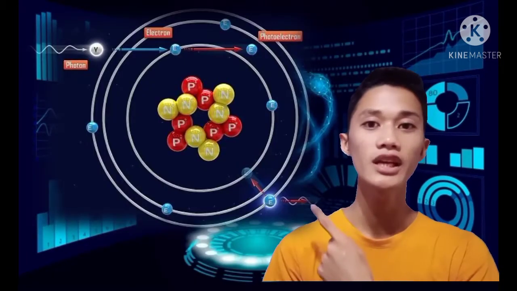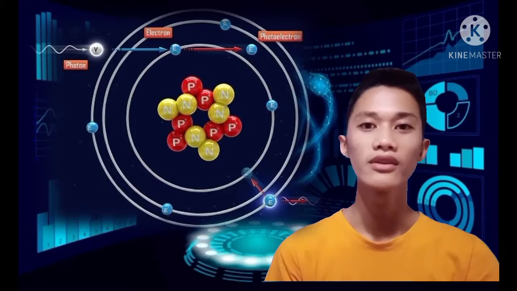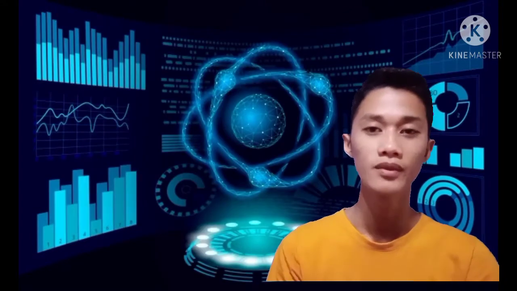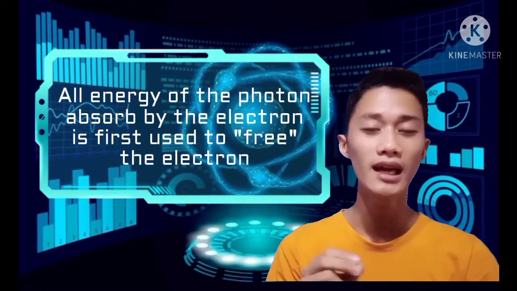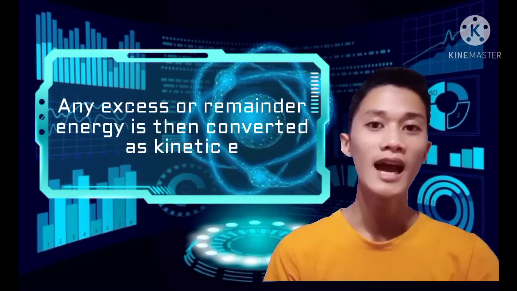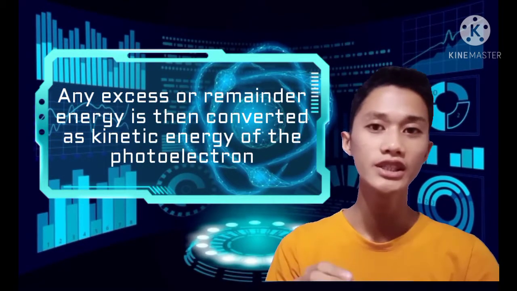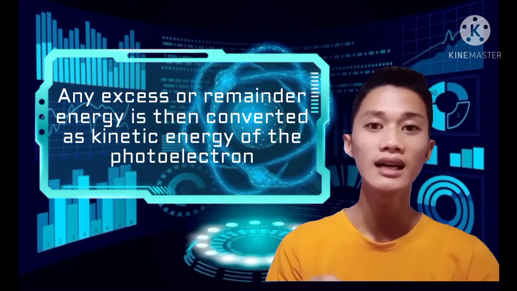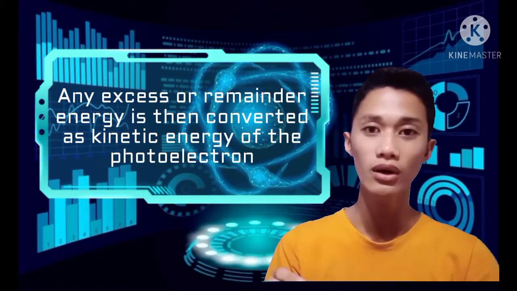From this illustration, we can observe that when a photon from an incident light hits an orbiting electron from one of the atoms in the metal surface, the electron will be ejected if the photon has an energy that is equal to or greater than the work function. And take note that all of the energy of the photon absorbed by the electron is first used to free the electron. Any excess or remainder energy will then be converted into the kinetic energy of the photoelectron,